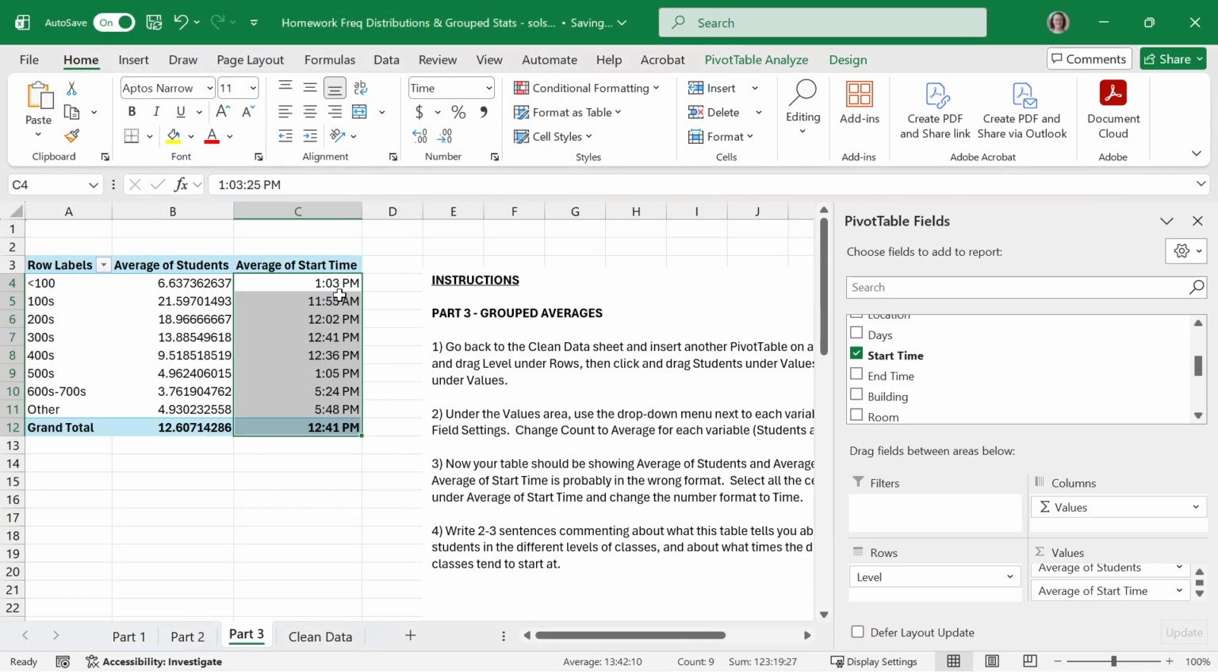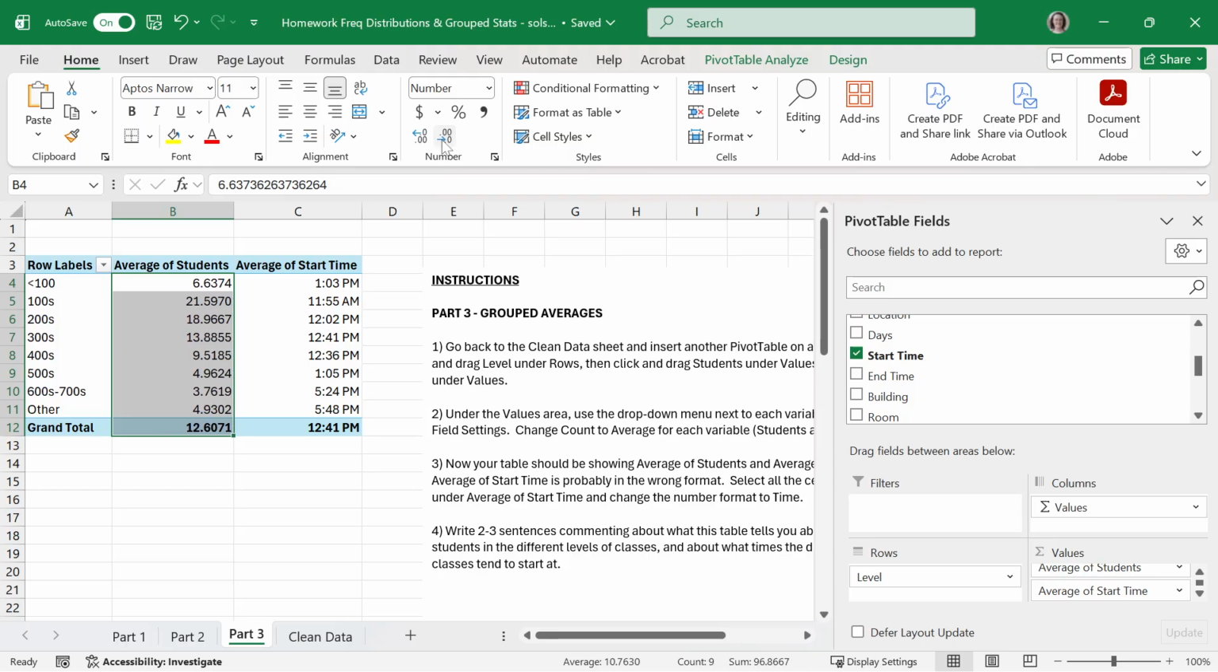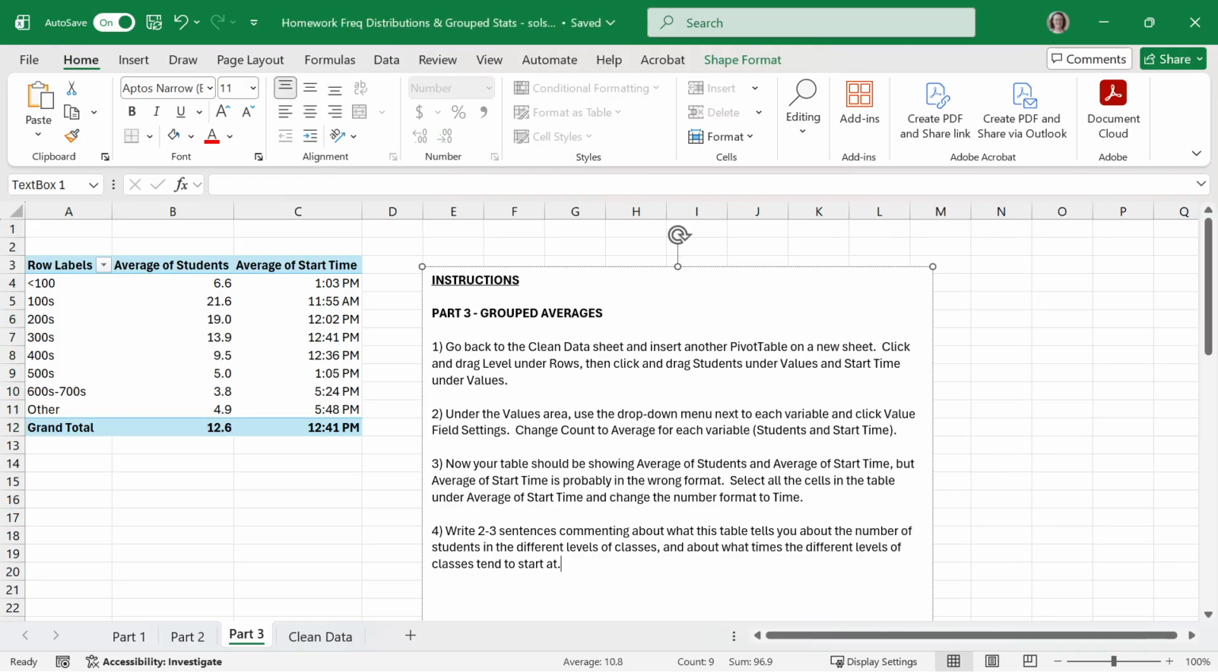So maybe I'll do the shorter time. This looks a little more understandable to me. Same deal with the average of students. If this looks confusing to you, you can tuck in the decimal places until you're able to understand it better. That looks better to me. Okay, so now write 2 to 3 sentences commenting about what this table tells you about the number of students